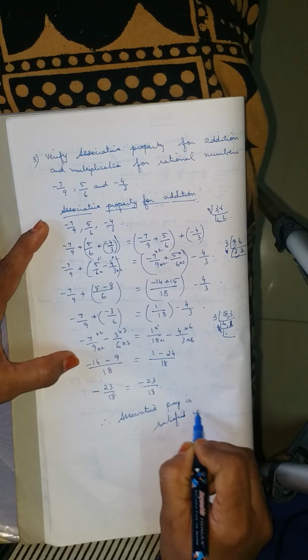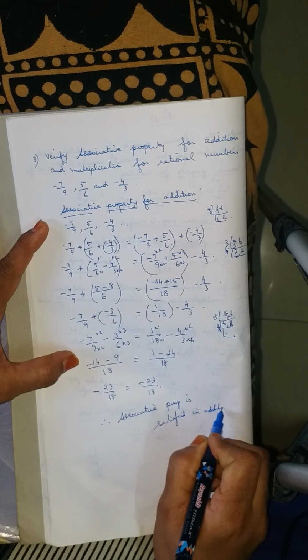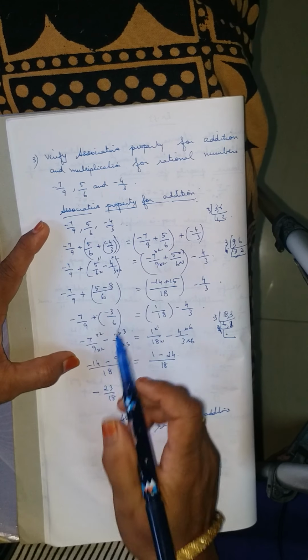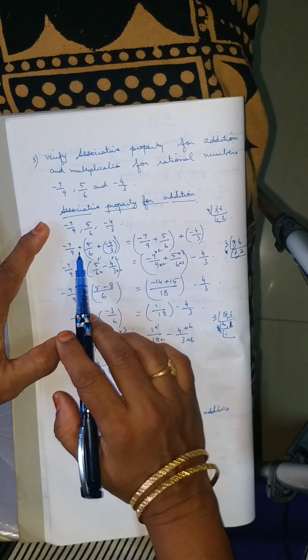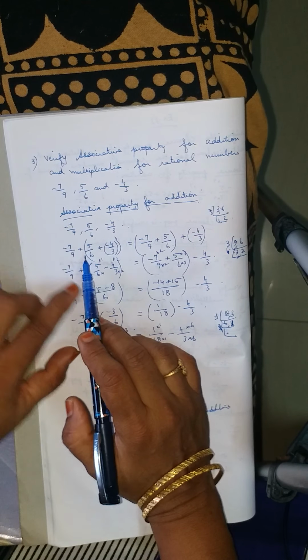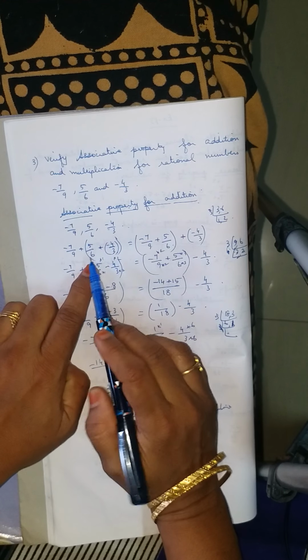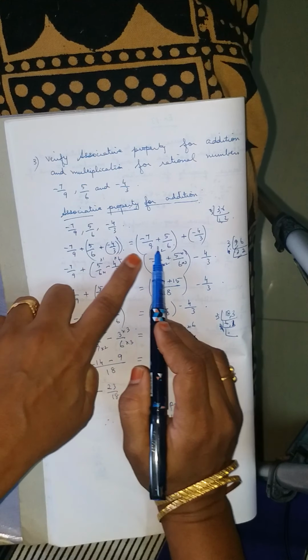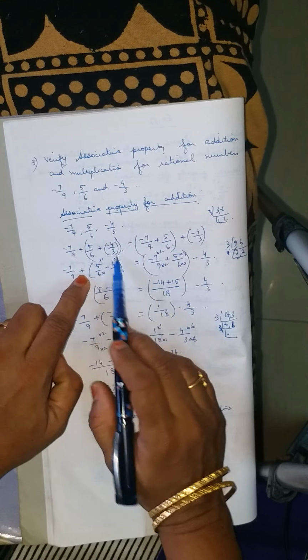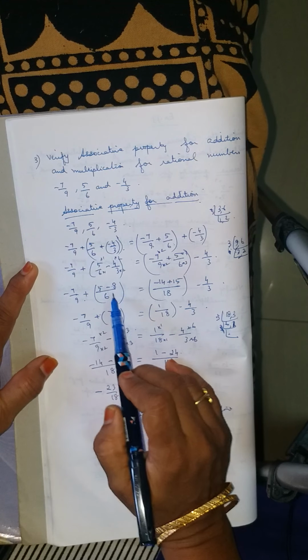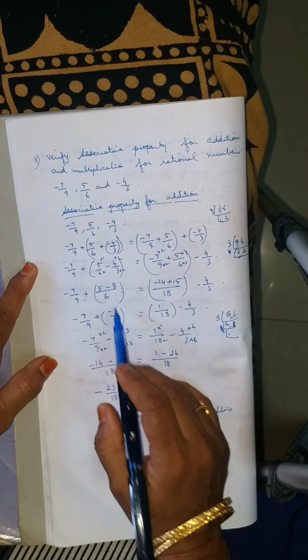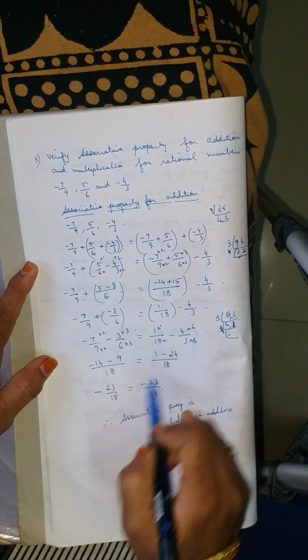In addition, this is addition. We have to do for multiplication also. So, associative property for addition means 3 fractions will be given for you. You have to differentiate with the help of the bracket. I have written the fractions as it is with the sign. Second and third I have put within the bracket. Here first and second within the bracket. So, solve the values which are first within the bracket. After that only you will come to the value which is given outside. So, I have taken these 2 within the bracket means those 2 fractions are being considered. With that I will solve and then second I will take together and we will finish it.